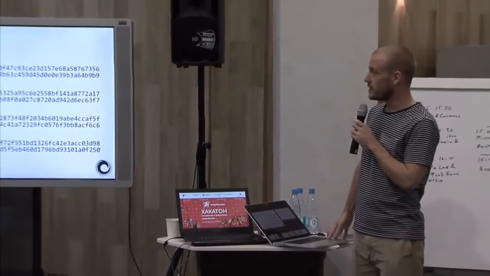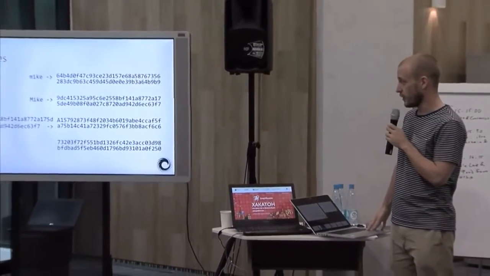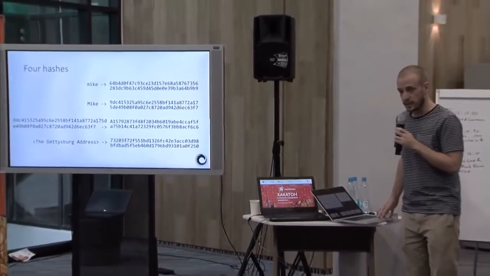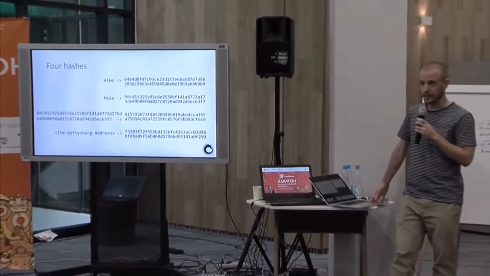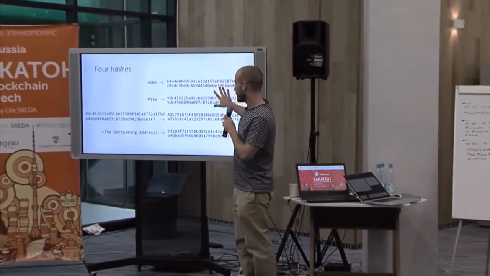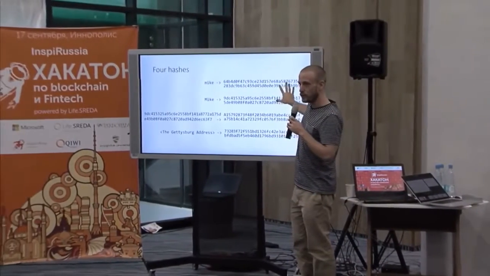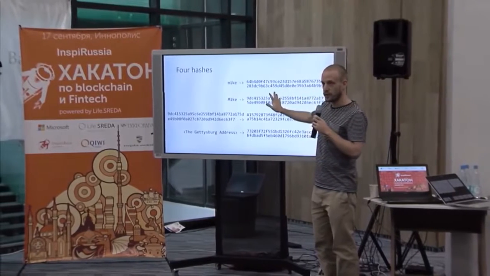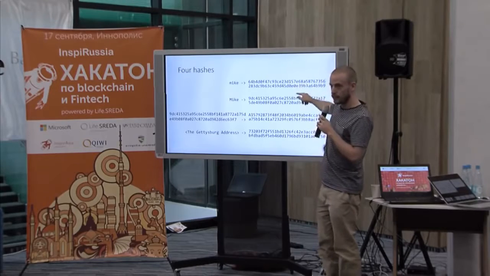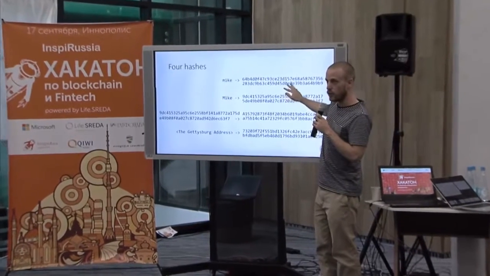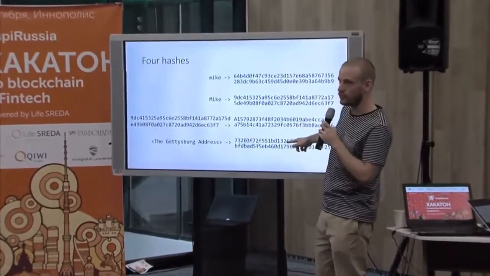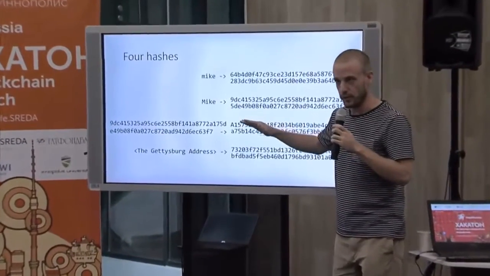If you take that second digest and use it as an input to a hashing function, you get the third digest. And then finally, totally unrelated, if you take the Gettysburg Address, which is a famous speech in American history, you get that final hash output. What's important to see here is that if all you knew were these outputs, there would be no way for you to guess the inputs. And these 2 hashes, which are based on similar inputs, have no more of a relationship to one another than this hash and this hash, which have 0 relationship with one another.